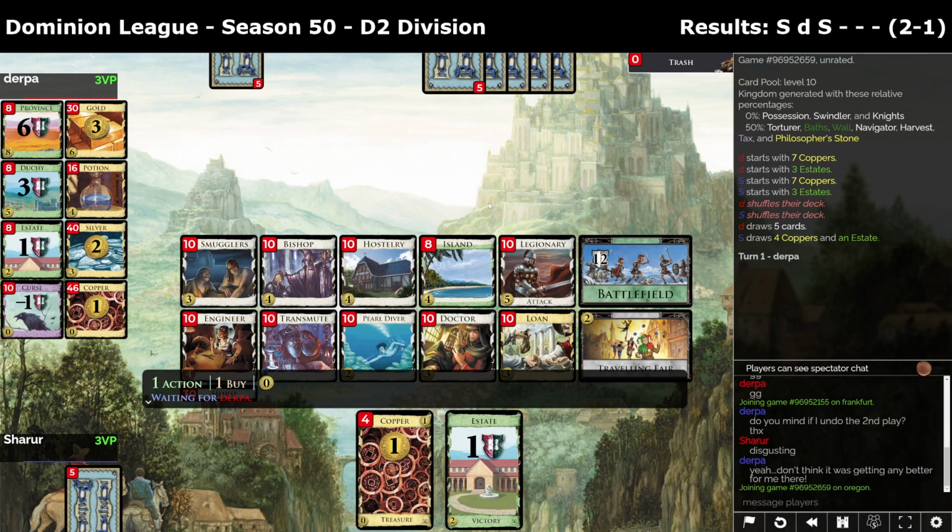This doesn't really have draw. I mean, there is hostelry. You can get horses. You can draw temporarily. And then there's legionary. So, like...